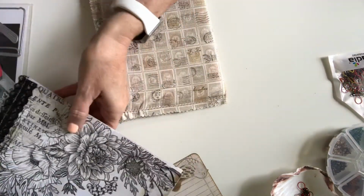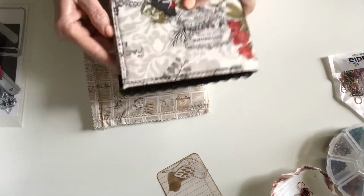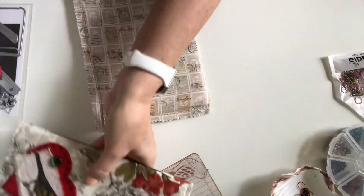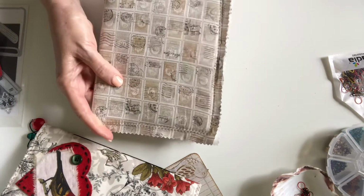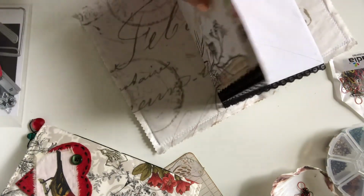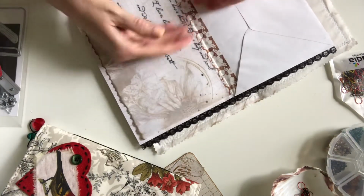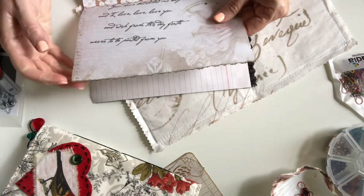And then this is something that I was originally going to put in this journal, but I was worried that it was making it too bulky, and in this journal, if I would have put it in, the black lace would have shown. And now I'm glad I didn't. But I think I can use it in this journal because the cover is larger, so it will cover it up. But what I did is I just put 2 envelopes together, guys. You know how you put 2 envelopes together. And so on this one, this is a piece of printed vellum paper that I